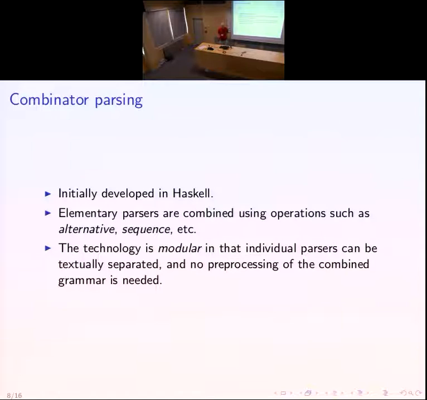So like I said, it's something initially developed for Haskell. What it is that you have elementary parsers that can parse a single word or an optional word or something very simple like that. And then there are combinators that take these elementary parsers and combine them into sequences or into alternatives. So that's a very modular technique in that